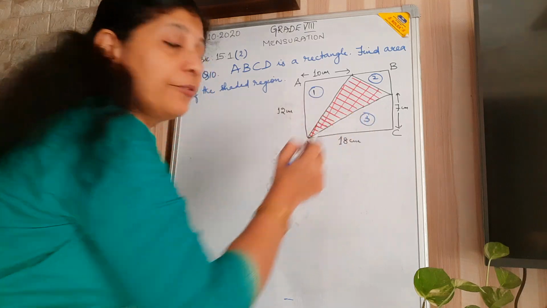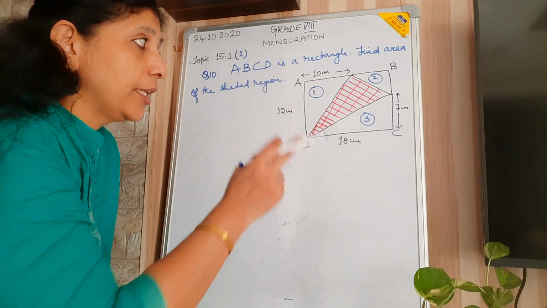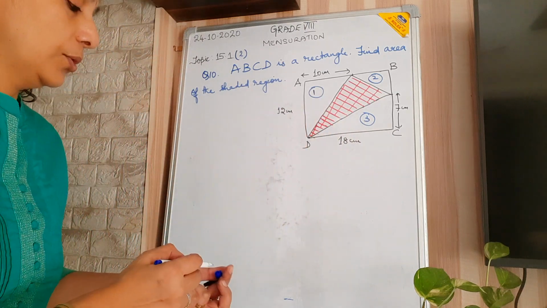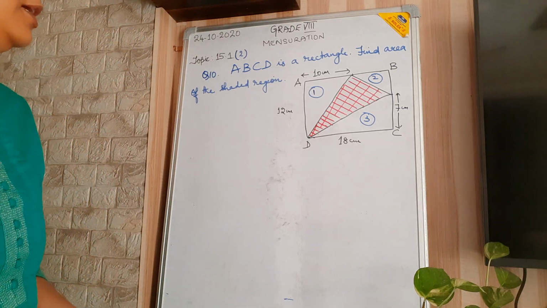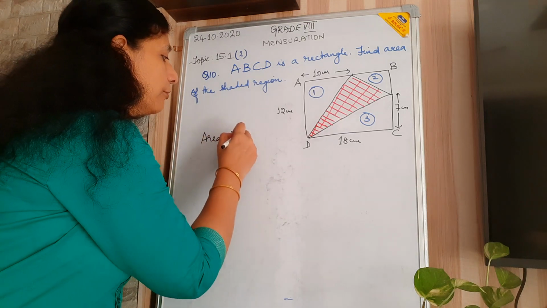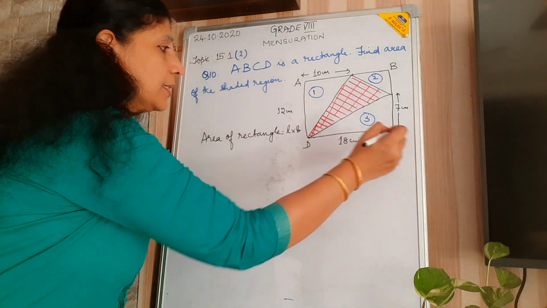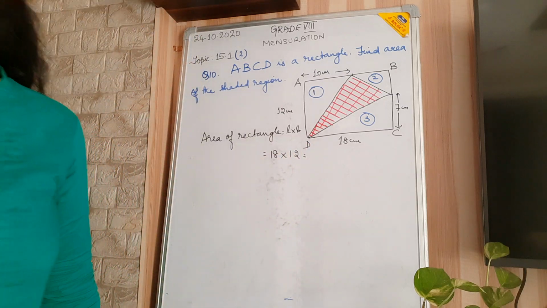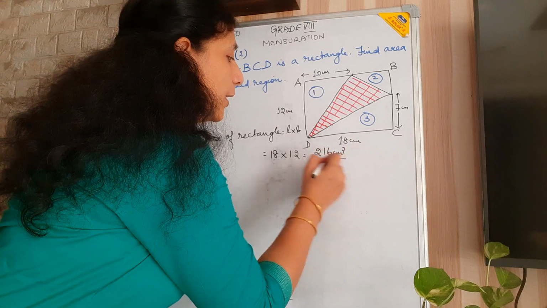These are of the shape of triangles. If you sum all these and find the difference of the area of the rectangle and sum of all these, it will give you area of the shaded region. So you know what is area of the triangle? Area of a triangle is half base into height. Now, so area of rectangle, first we are going to find the given rectangle is of L into B. Length is 18 and that is 18 into 12. So 18 into 12 you are getting it as 216 centimeters square. So you got area of the rectangle.